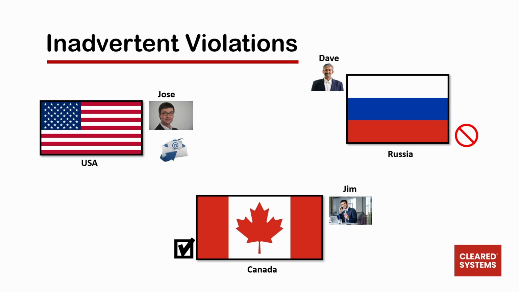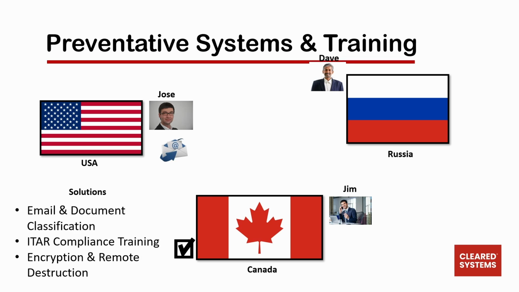So that email landed in Dave's email box while he was in Russia, and that is a major violation and one that has to be self-reported. So let's look at this again from the perspective of one, setting up email and document classification,